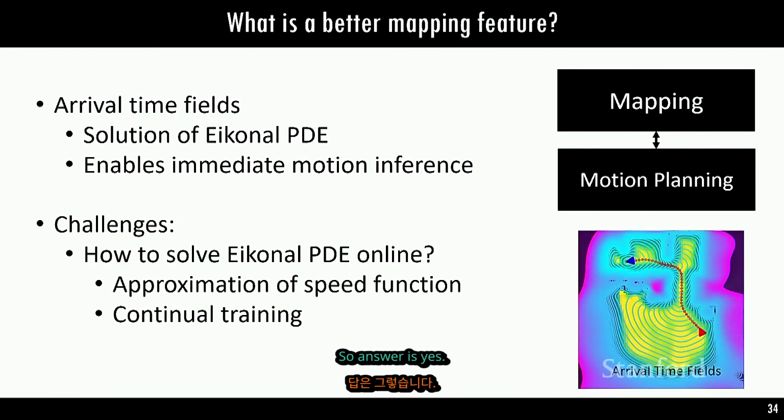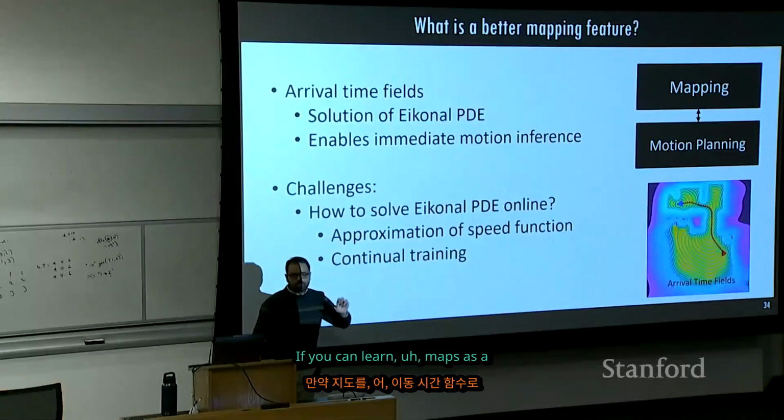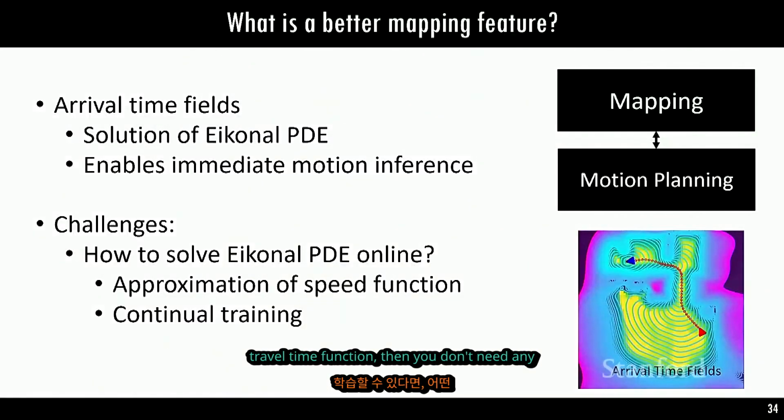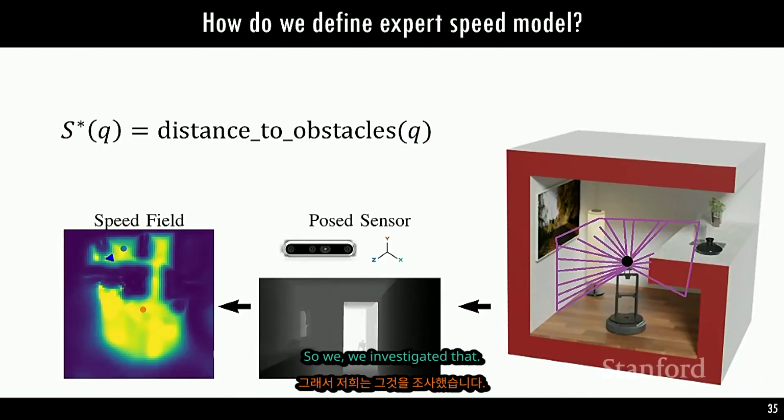So the answer is yes. If you can learn maps as a travel time function, then you don't need any planner. You just follow the gradient of that travel time, and it will give you a trajectory. So we